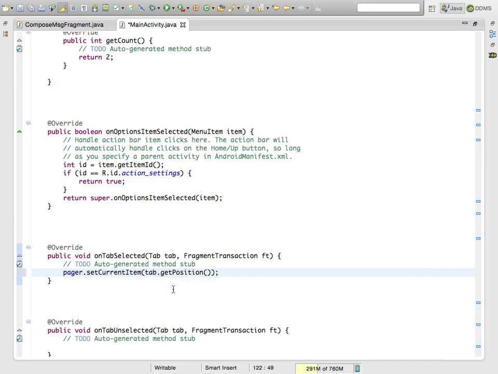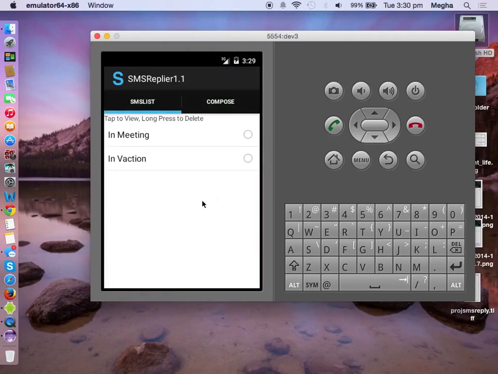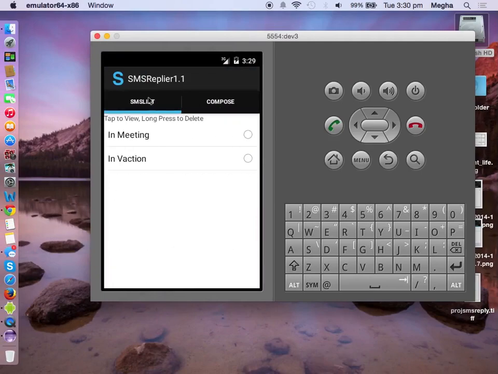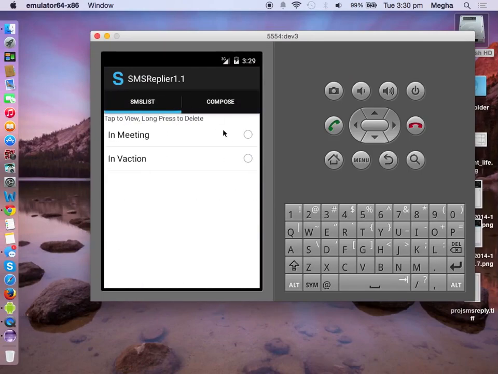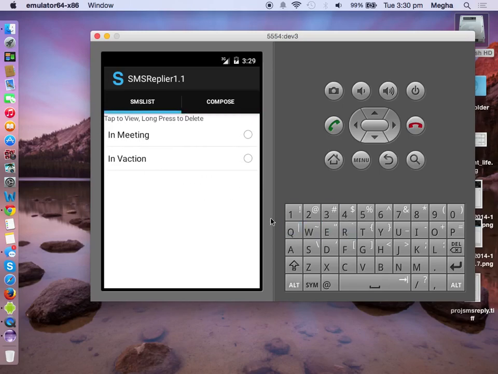Whatever the tab position, automatically the fragment with the same index would be loaded. So now hitting the tab will load the respective fragment. So I can use the tabs as well as the swipe. Both I can use, and both have been synchronized. Okay, now